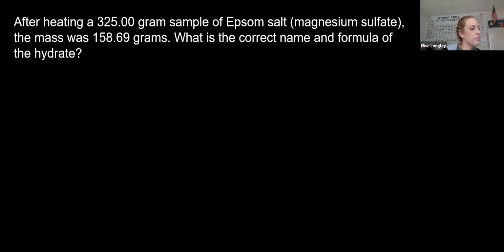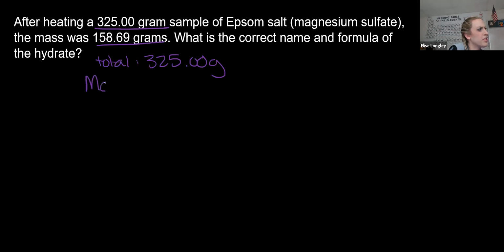So the first part of this problem is identifying that we have a total mass of 325 grams, and that we have the mass of just the salt, which is magnesium sulfate, MgSO4, because it's Mg2+ and SO4 2-, 158.69 grams.